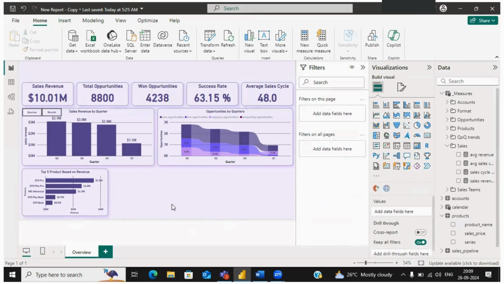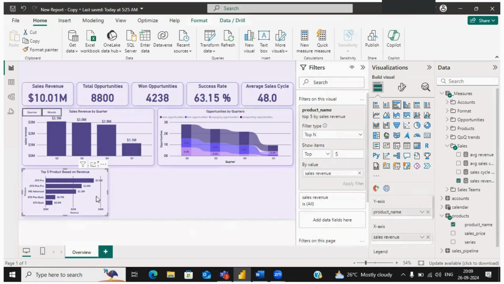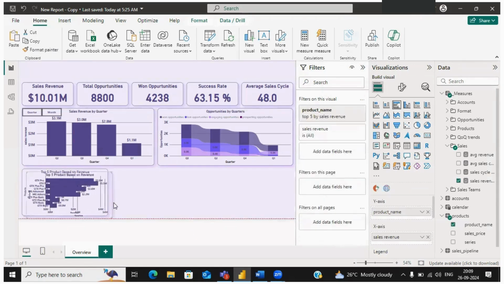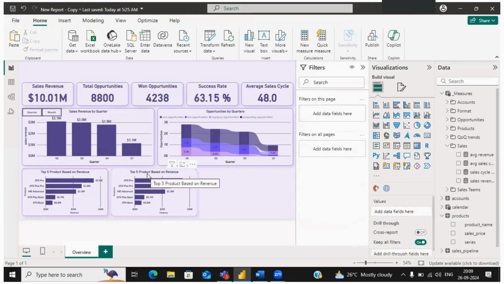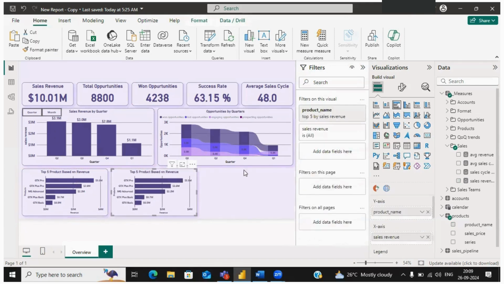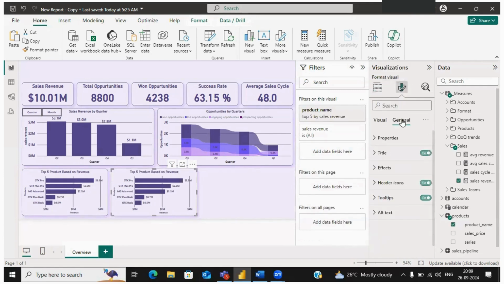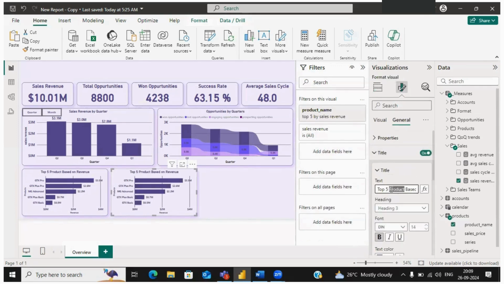Now next visual is also clustered bar chart on which we have to show top five sectors based on revenue. Okay. So what I'll do, I'll just copy this visual and I'll paste it. Okay. So currently it is showing top five product based on revenue. We will just change the title so that we don't have to do formatting again and again. Okay. So we will show top five sector